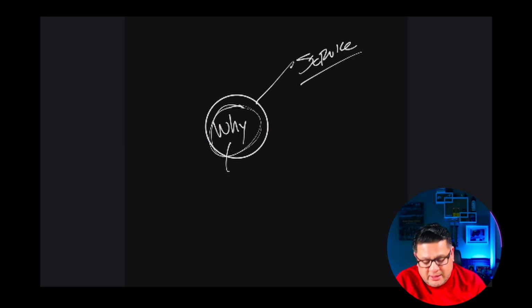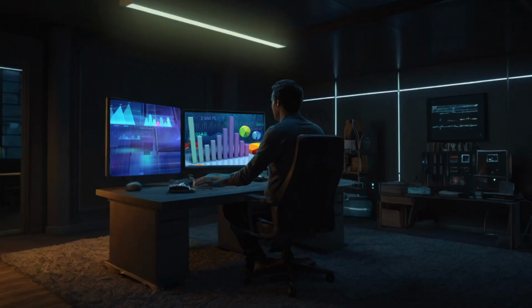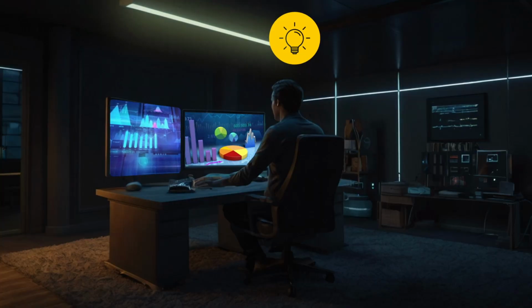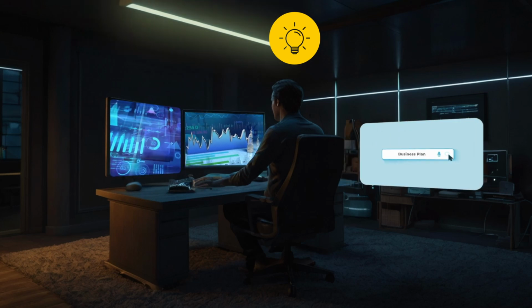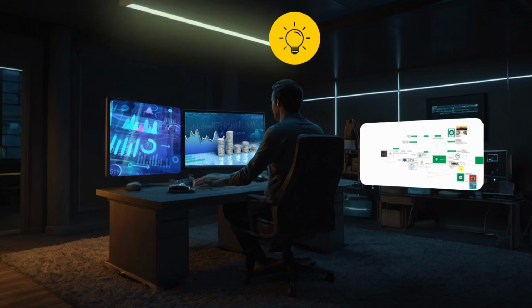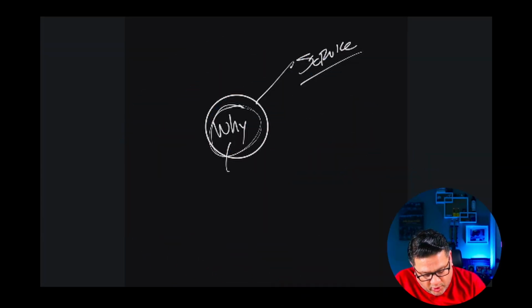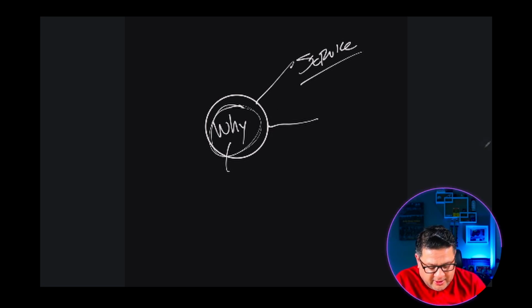What I like about it is that this is very informal and flexible. Because this is how you really begin to flesh out your idea to figure out, okay, is this a good idea? And you begin to do your research when you begin to put that business plan together, right? A little more structured, because now you're going to go and present to other people. But what's fun about this is that you can really think about your why, the service, and how you're going to make that happen. So let's say, for example, I don't know anybody in the healthcare business,